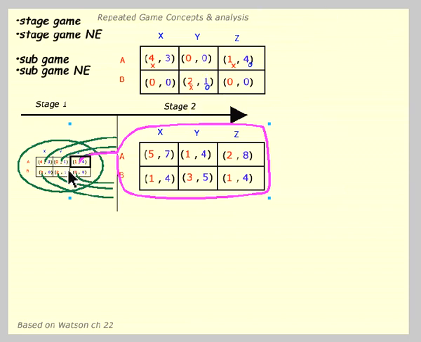And that's because in the first round, if they play A and Z, the payoffs are 1 and 4, so that's where the 1 and 4 is. Then we play the game again. Well, if they play A and X, they're going to add 1 and a 4 here. If they play A and Y, they're going to add a 1 and a 4 there. If they play A and Z, they're going to add a 1 and a 4 there, etc. Okay? So the items in this entry here are all of the sums of 1 and 4 to each of these cells up here.